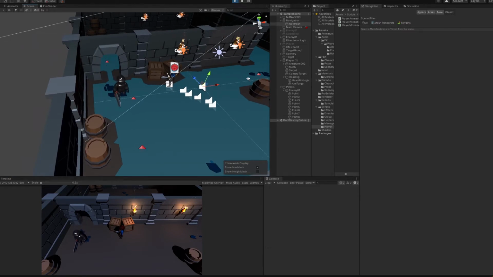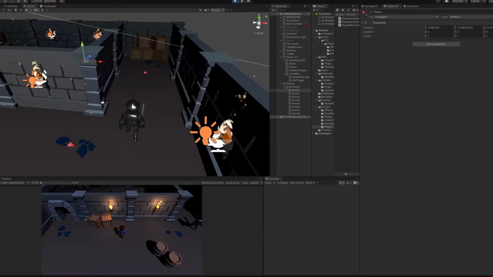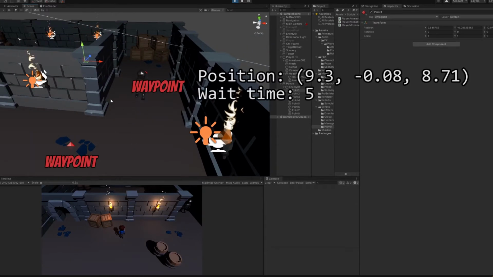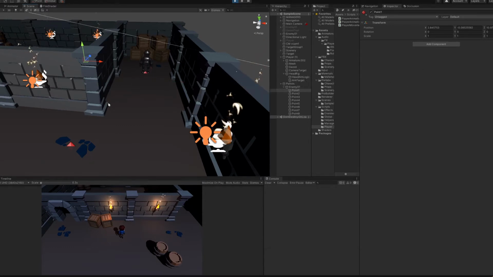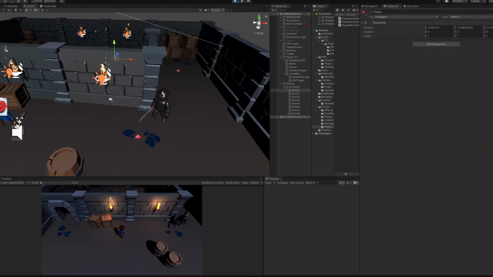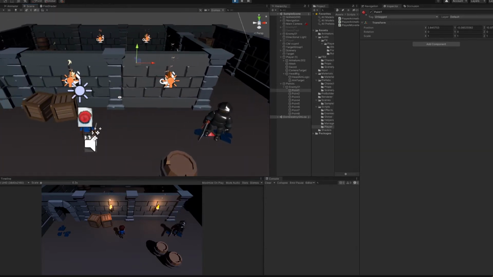For the enemy that follows a path, I created some waypoints. These waypoints have 2 values, their position and waiting time. They are organized in a list, telling the enemy the order of the patrol. When reaching a point, the waypoint wait time is checked, and tells the enemy if he has to wait or not. This allows me to create levels where the player can learn the enemy's patrols and sneak up on them.